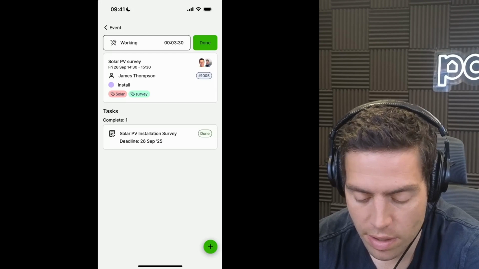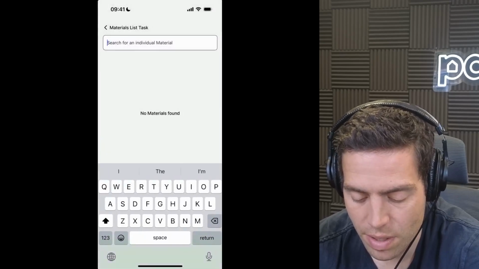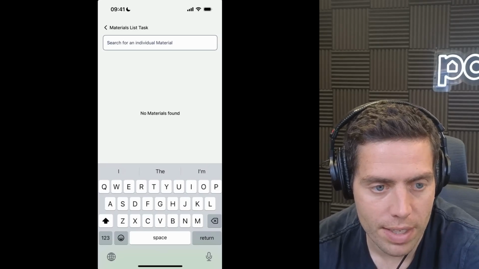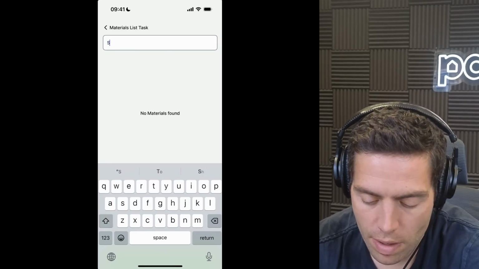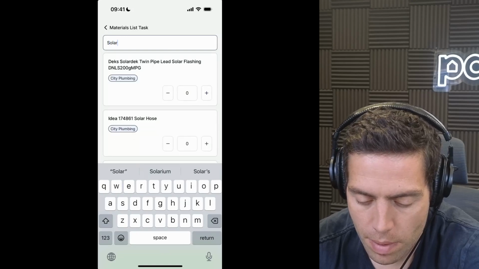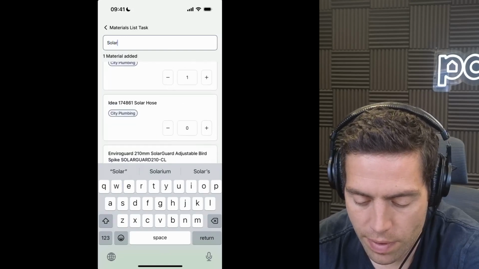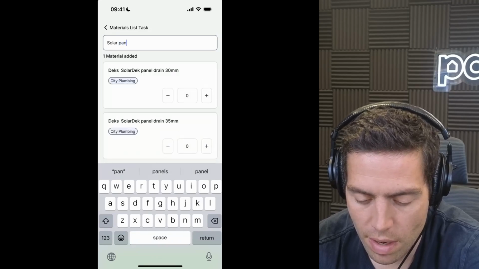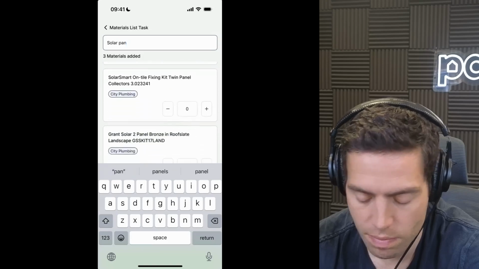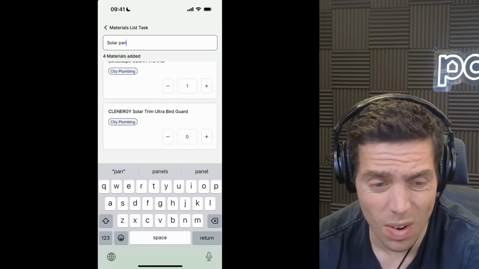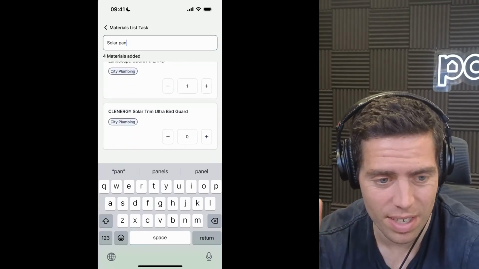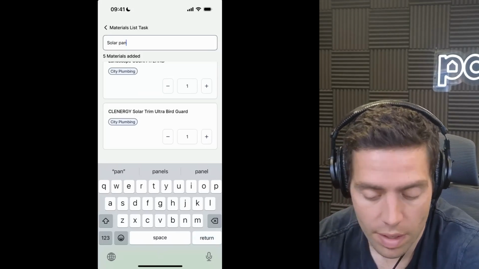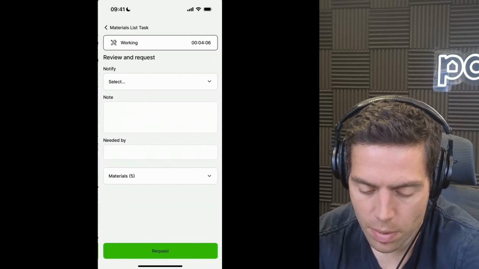Another thing I just wanted to touch on while I'm here is the materials. So this is where I've got access to the entire city plumbing database. I don't know, maybe a solar panel. No, I want some LED flashing. So, as I said, there's close to 1 million items that are synced locally. Obviously, that's not actually that much data because it's not lots of images or anything. It's just text and prices,